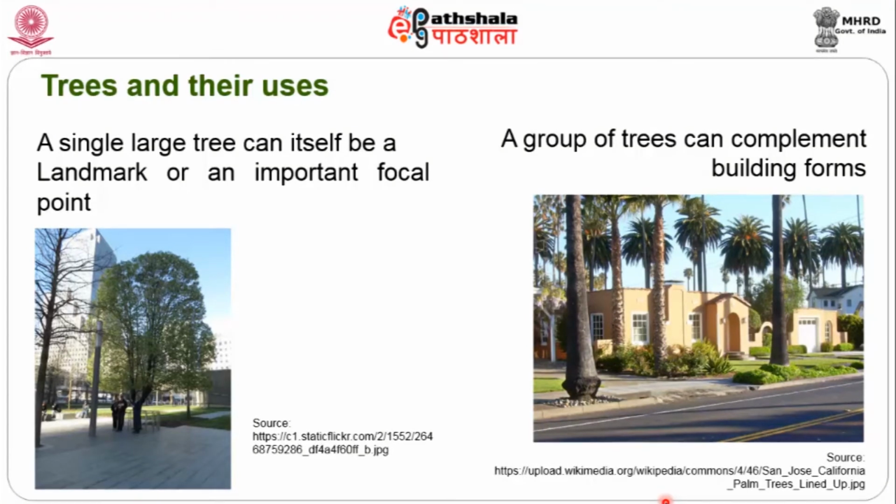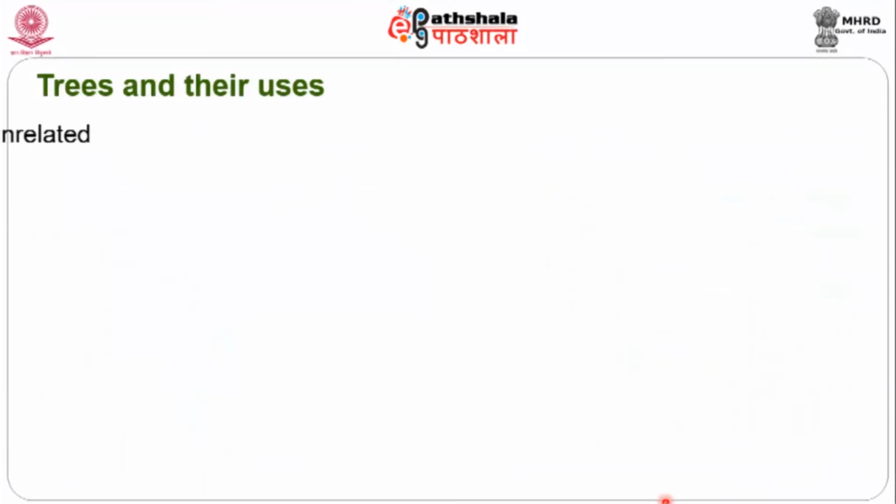It's important to understand that they can also complement good building forms, and a group of trees when clumped together, when spaced together, by virtue of selecting the particular tree according to its own shape and pattern, the leaf foliage, its own structure, can complement the building styles. We have different building styles, different architectural styles, and we could also choose trees that could complement these styles well, and group them quite interestingly, so that they could be put in the local environment like that.